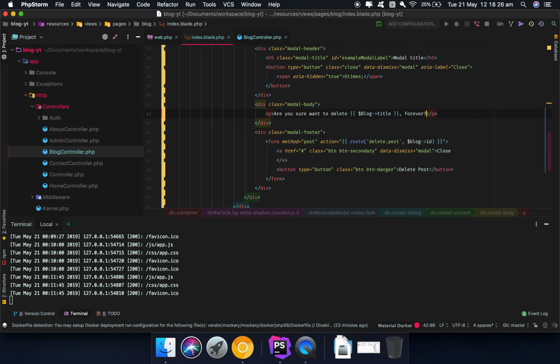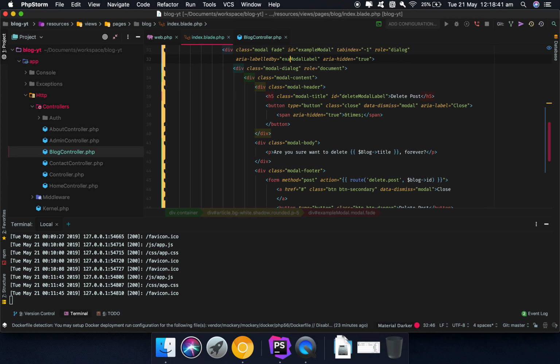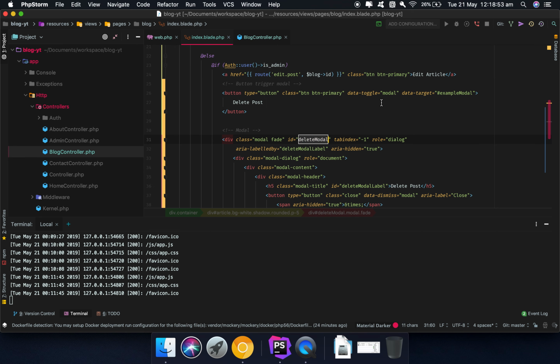Forever. And what we need to do now is we need to say delete post up here. Change this to delete. We need to change this to delete as well, and most importantly, change this one to delete, otherwise it won't work. Make this to a danger,